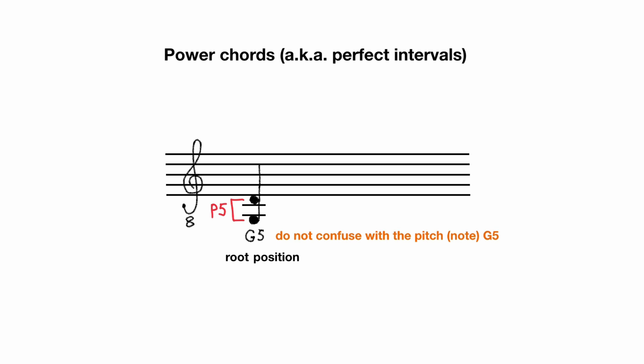The lowest and highest notes of a chord are said to form the bass and soprano voices, respectively. The names are borrowed from singing, where they denote the lowest and highest ranges for a human voice. A chord with the root in the bass is said to be in root position.